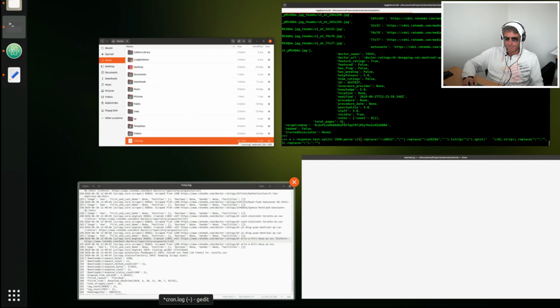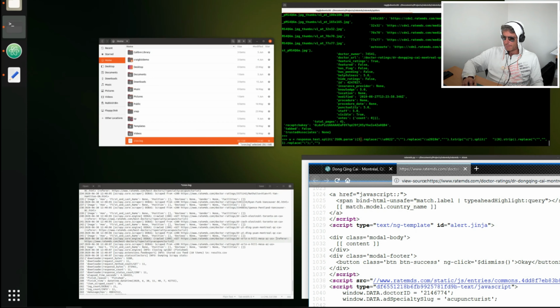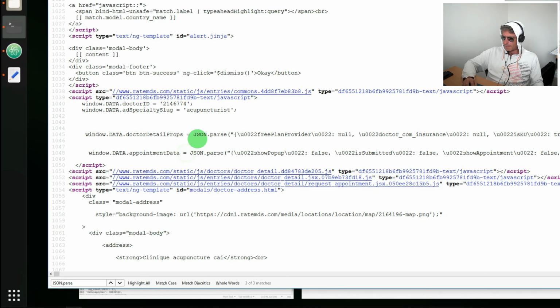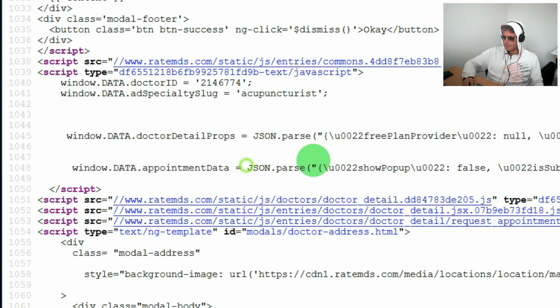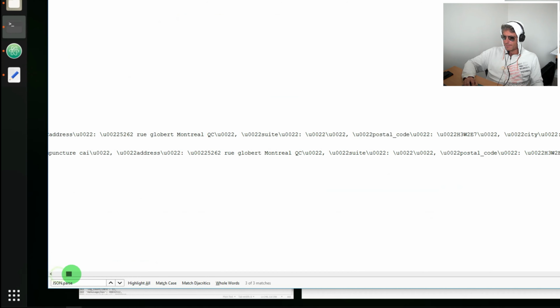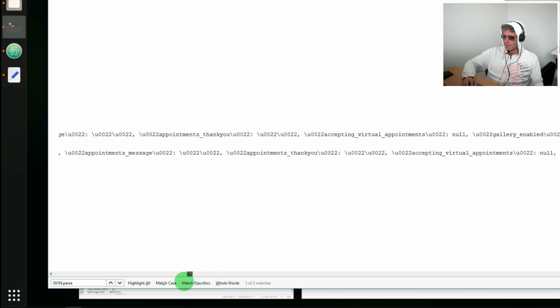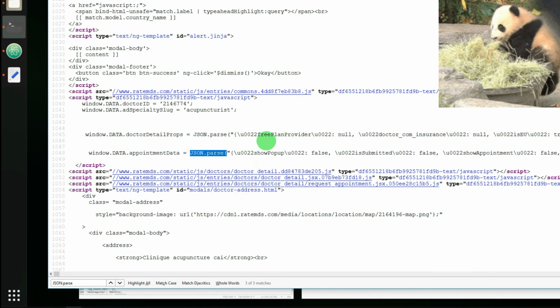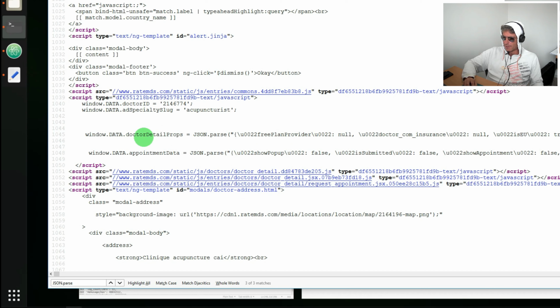If you remember from when we were looking at it in the browser, that was the 2nd and that was the 3rd. The 3rd, I found this through trial and error, showed a sample comment. I'm probably scrolling too fast for you, but just take my word for it. The 2nd one has doctor detail properties and appointment data.